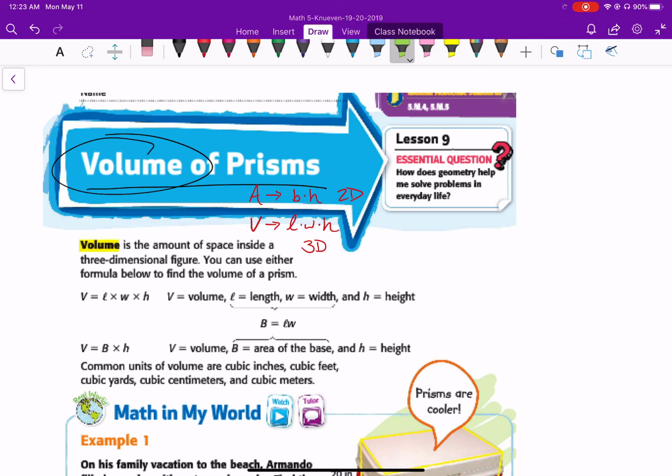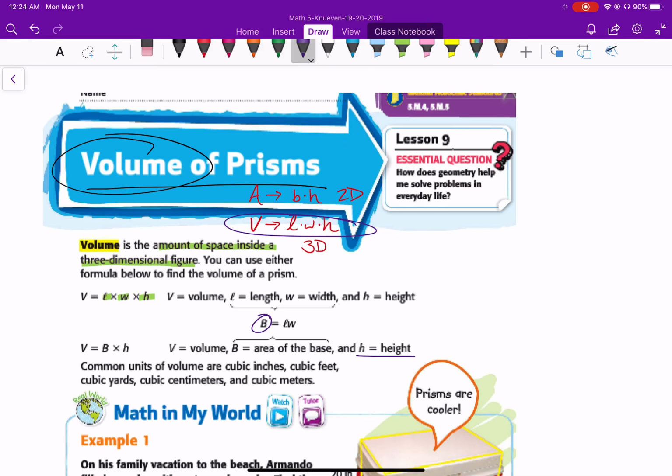So volume is the amount of space inside a three-dimensional figure. You can either use the formula below, length times width times height, to find the volume, where V is volume, L is length, W is width, H is height, or you could say it's big B equals length times width, and then take that times the height. Now, I'm going to be using the volume equals LWH more often, but the big B means the area